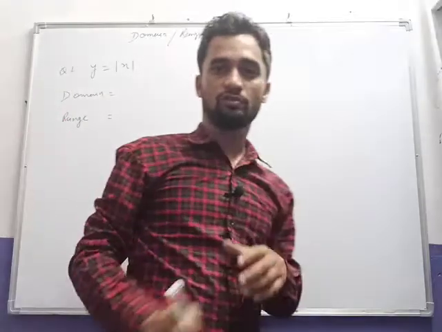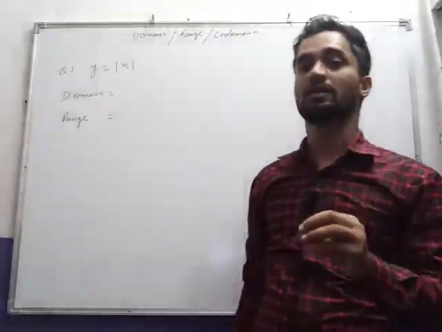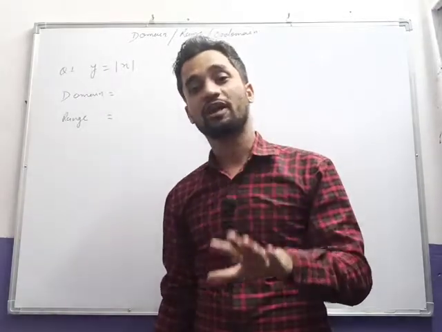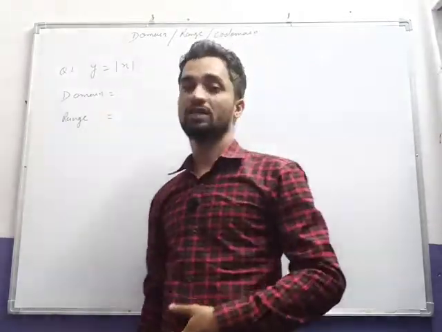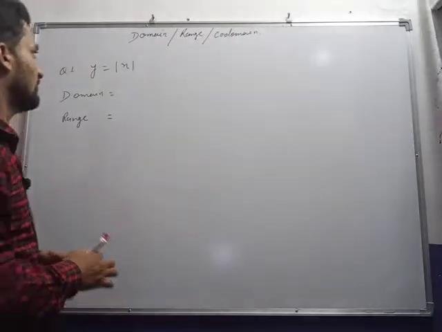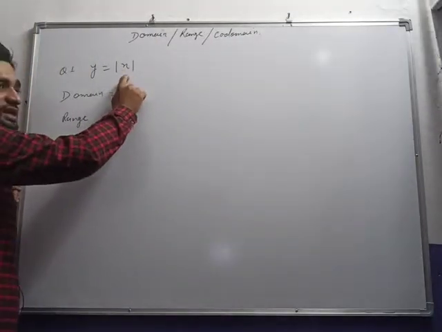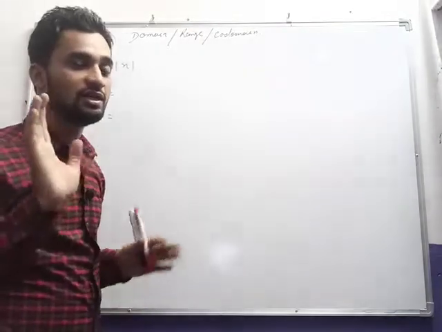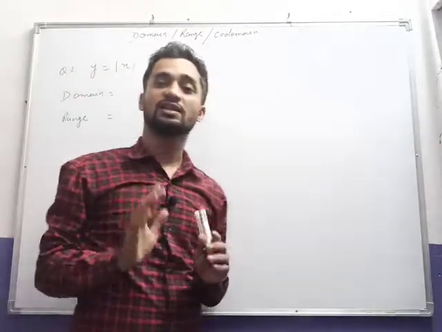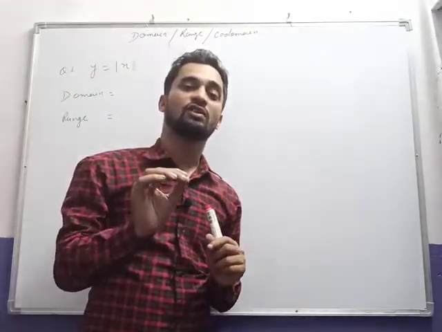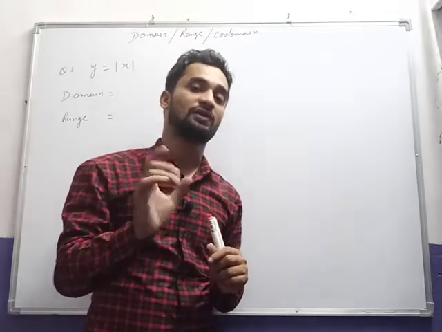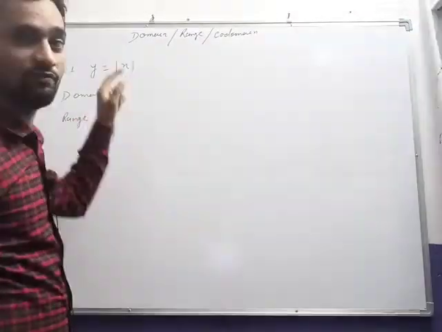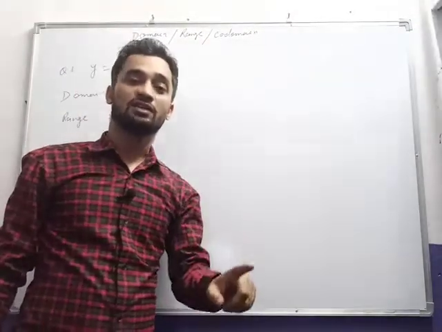One thing you make sure, we are studying for real values, for well defined values. So we have to take values of x such that our value of y has a defined value. In the definition of a function, for every value of x, y must have a defined value. So here, what should be the value of x so that y remains defined?